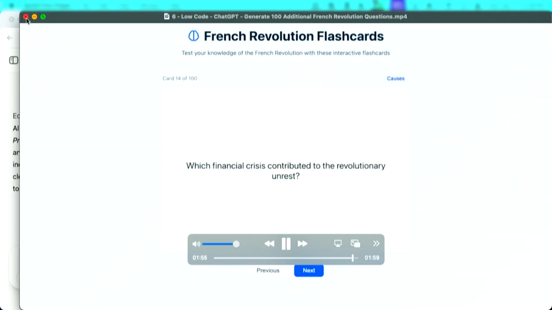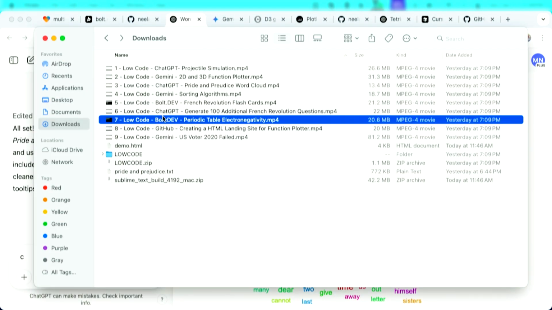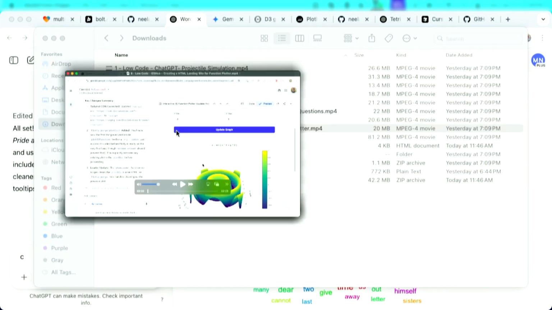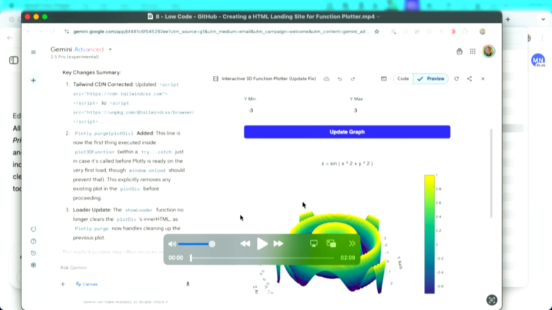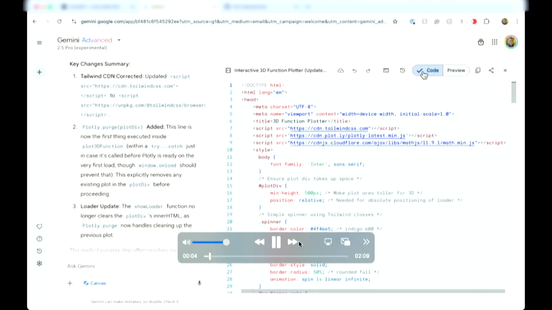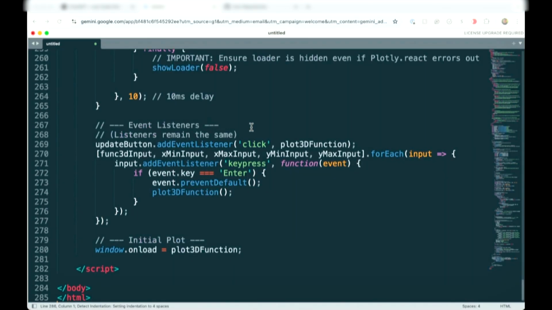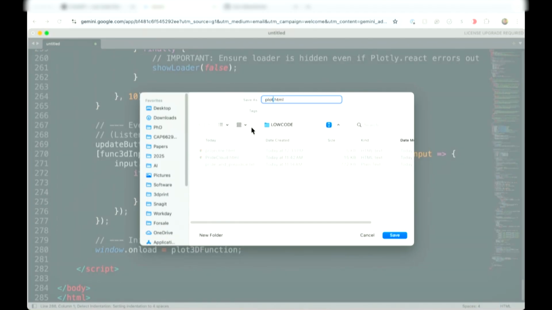Very cool. Okay. And so speaking of GitHub, in this example here, remember that function plotter that we created? Right. So here is an example where we take the file and we see that it works. Everything is good. Here's the actual. And this is in Gemini, right? This is in Gemini, yeah. So in this case, I had used Gemini to create that. I saved the file using an editor, and I call it plotter.html, right?